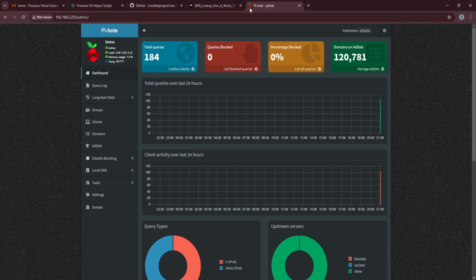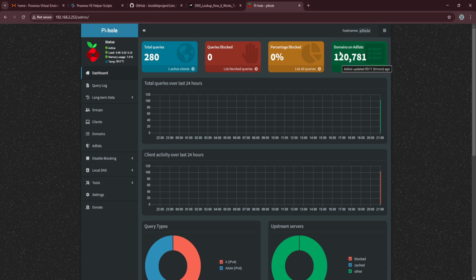You should actually add a password. You will be prompted to input your password, and then you're going to get to this dashboard. Now the next thing that we will do to test it out, we see that we have 248 queries. None of them are blocked, but we have